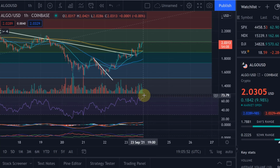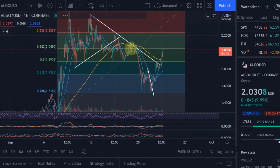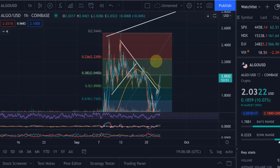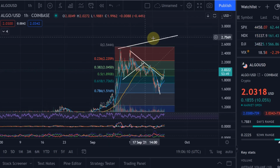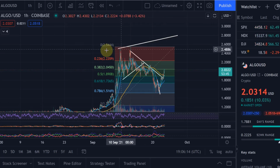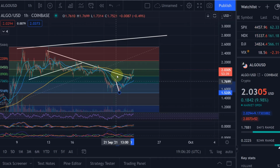And for me, it is looking increasingly better. There is this neckline, and this neckline plays out perfectly because it is the 0.382 Fibonacci retracement level. Clear neckline of that double bottom pattern. And if we break to the upside, yes, we could. First of all, I think that is a potentially valid trend line here that we need to observe. But then looking at a potential target for that double bottom, if we just say, right, we've